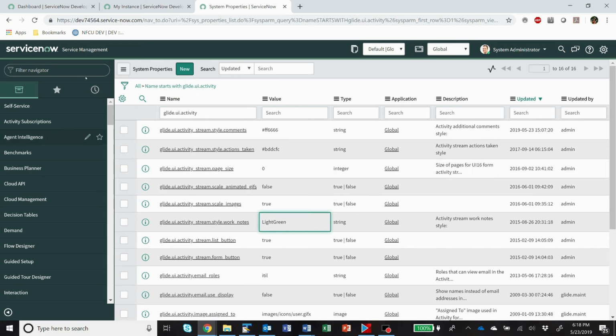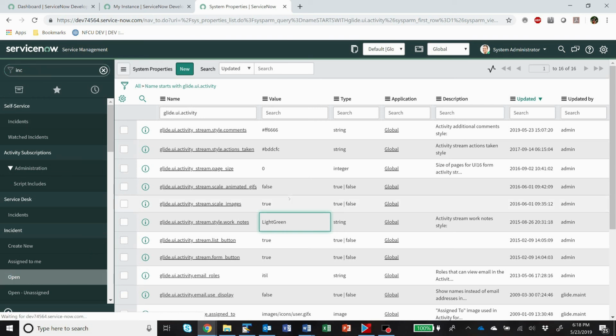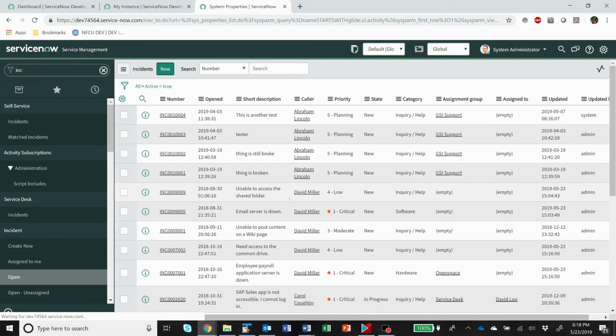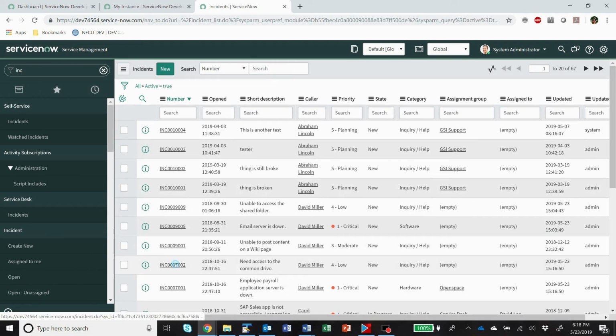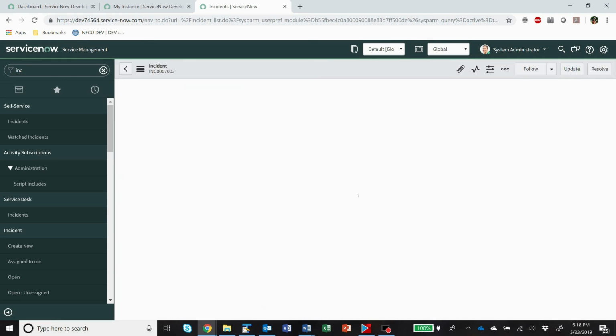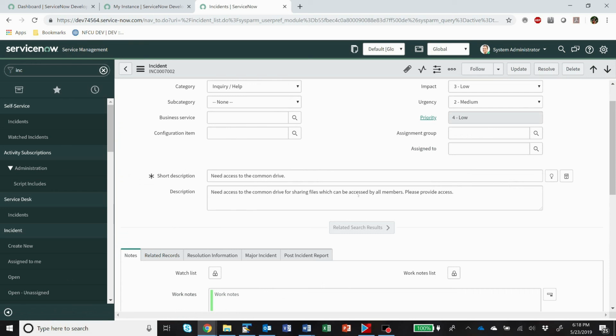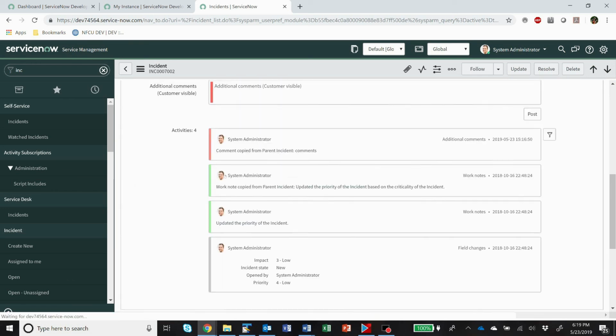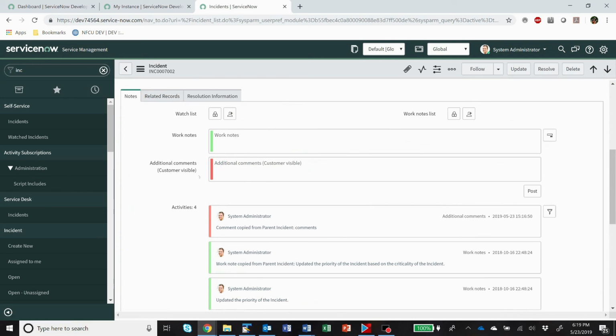At any rate, once you've set those, you can come back into incidents. And it gives a nice visual cue of warning, this is going to the customer, versus green light for internal. All right,